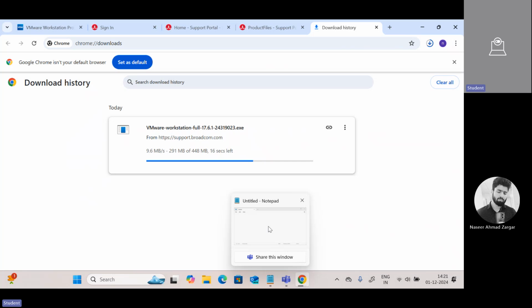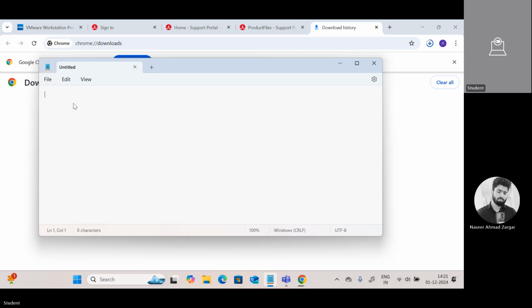So let me just go to the notepad, just try to revise what we did. I say download VMware Workstation Pro in Chrome, go to the official site and choose VMware Workstation Pro. There are two options that you might be seeing. Another one is VMware Fusion, which is for the Mac users, I guess. So as long as you're a Windows user, you just have to click on this one, and then it takes you to the